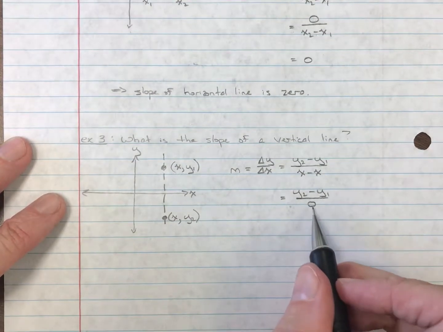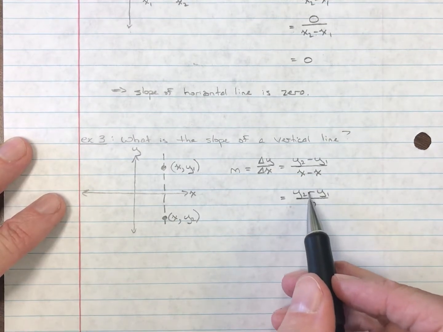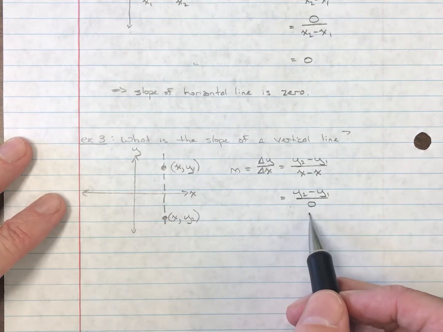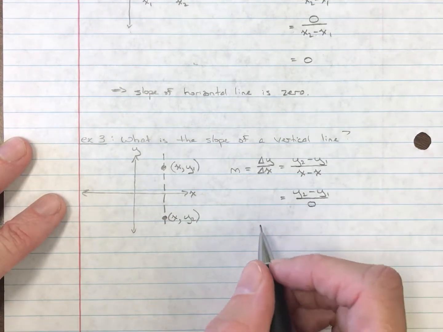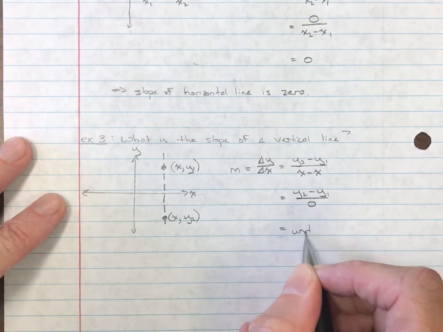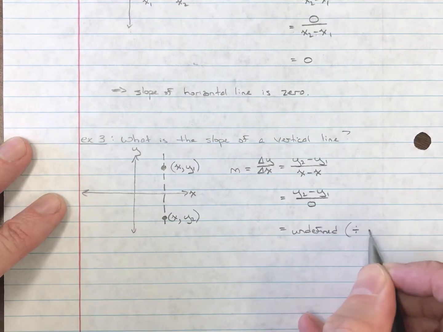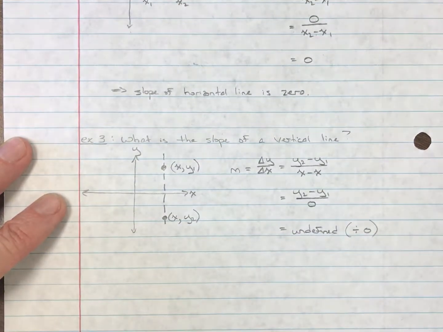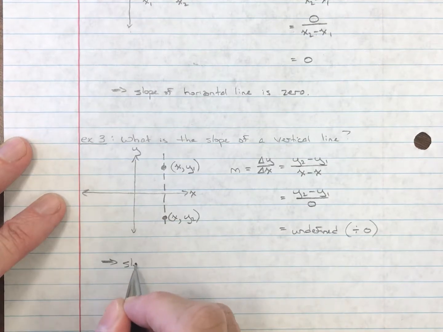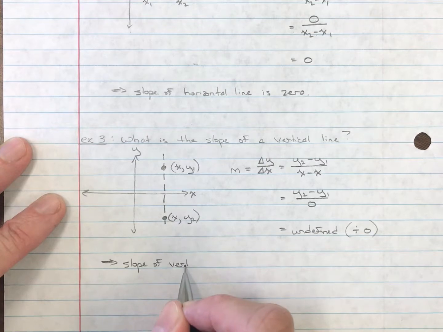And we should stop right here and say, wait a second. I can't divide. Dividing by 0 is not allowed in mathematics. There's no such thing. It is undefined. So this should tell me something's up. This is undefined. Dividing by 0 is undefined. Okay, so this tells me the slope of a vertical line